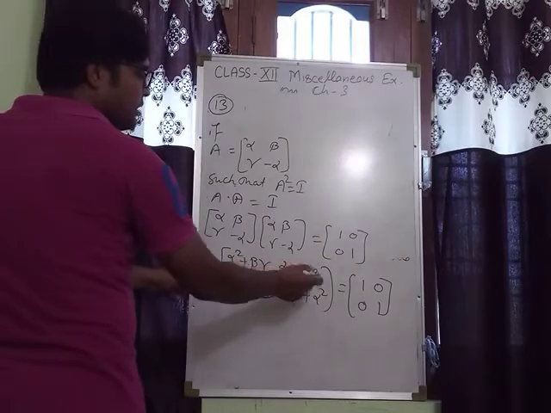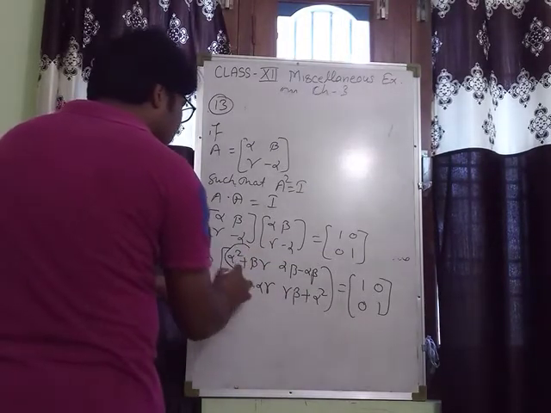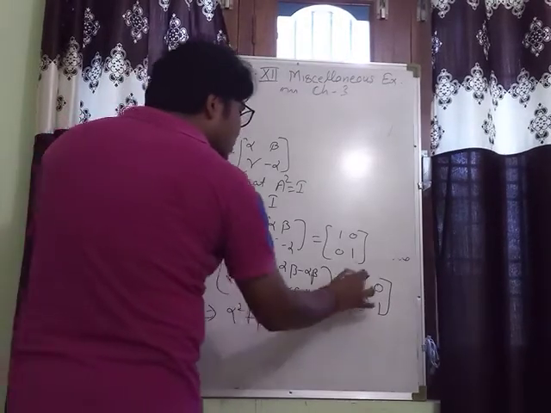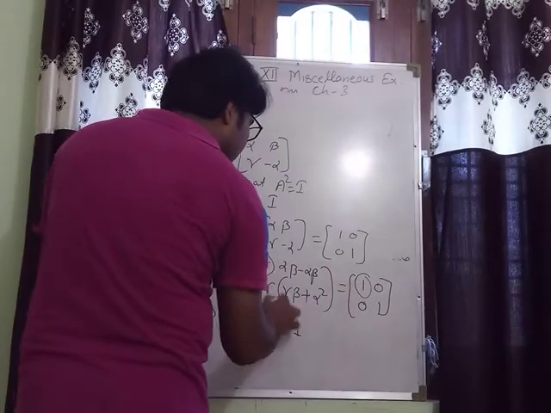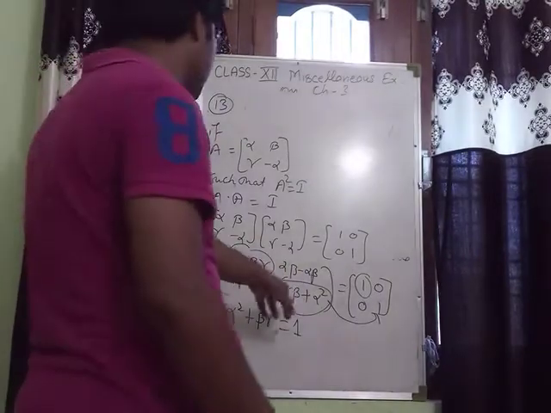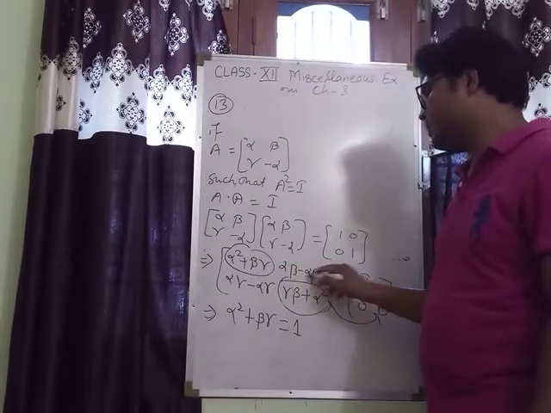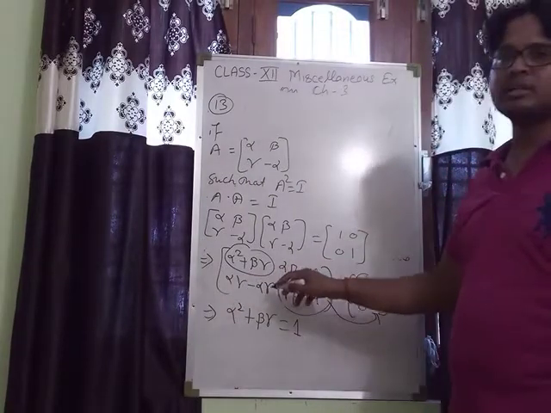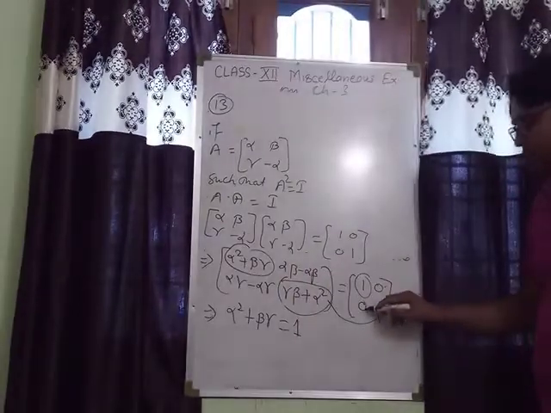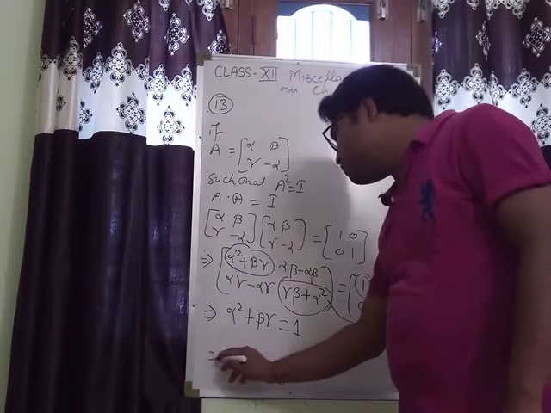Clearly alpha beta minus alpha beta is 0, alpha gamma minus alpha gamma is 0. Clearly this alpha square plus beta gamma should be equal to 1. The same way here also it should be equal to 1, that is alpha square plus gamma beta. This is also alpha square plus gamma beta. And these two, alpha beta minus alpha beta and alpha gamma minus alpha gamma, will be cancelled. It will be 0. So at the same places in the right side matrix is 0 there. So it should be possible.